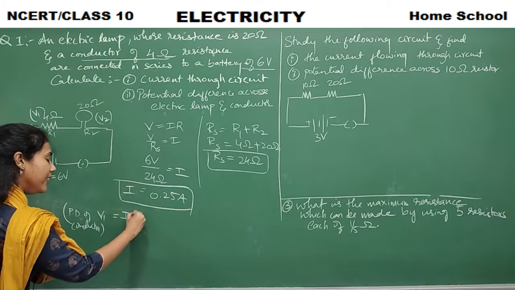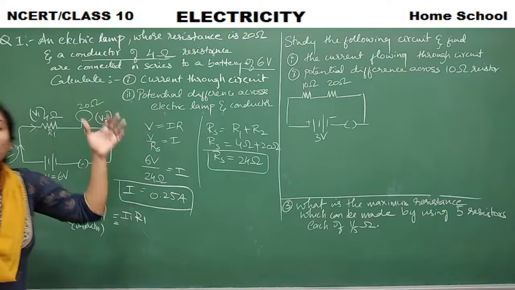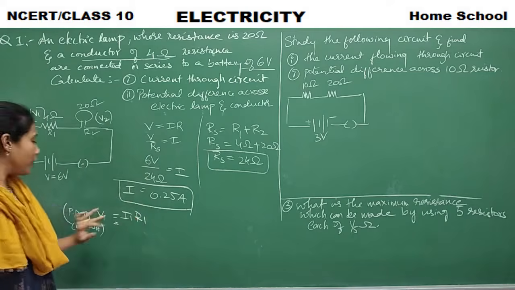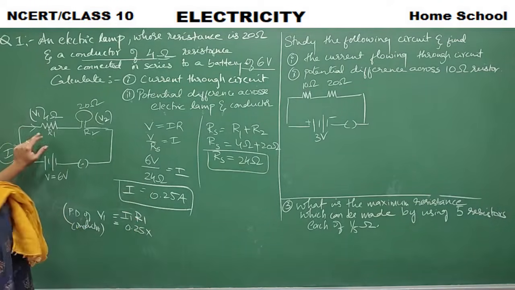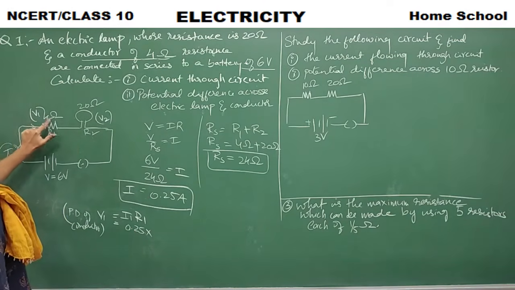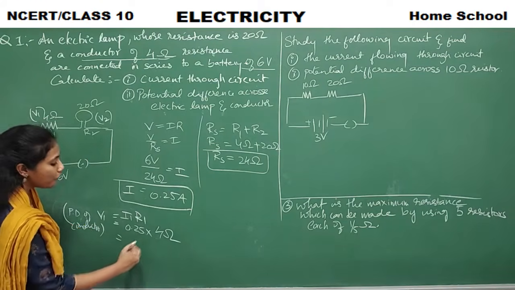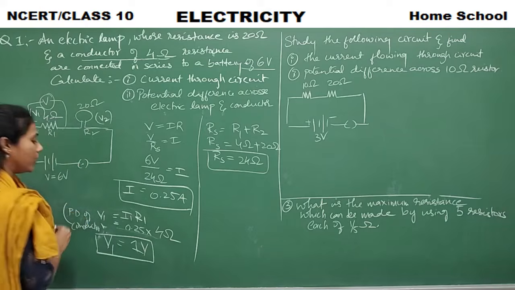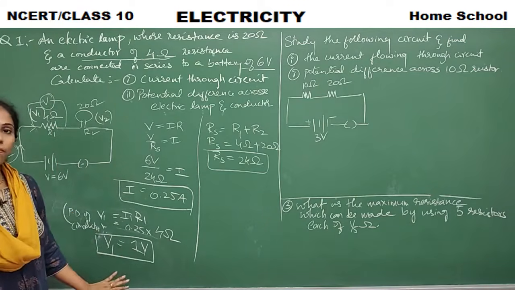V1 is I1 R1. So I is equal to I1 is equal to I2, right? In case of series, because the current is constant throughout the circuit. So what is I? Just now we calculated, that is 0.25. And what is R1? R1 is how much? 4 ohms, right? So 0.25 into 4 is 1. That is the V1 voltage we are calculating now. So V1 is equal to 1 volt. That is, if you have to calculate the voltage across this particular resistor, you would be getting 1 volt.